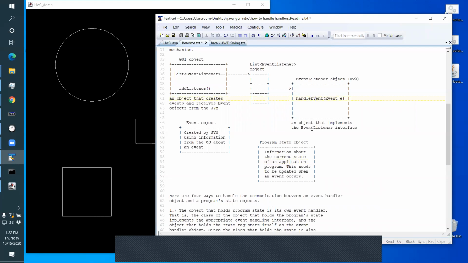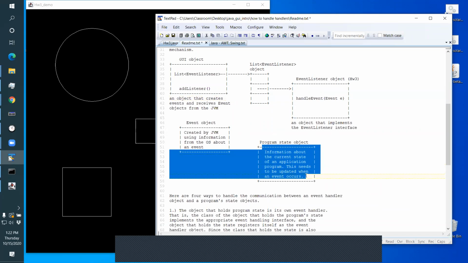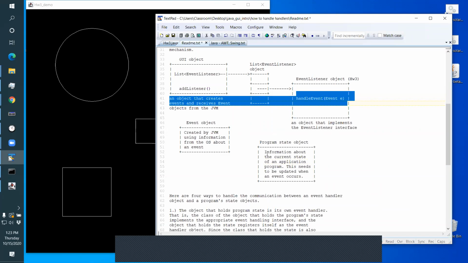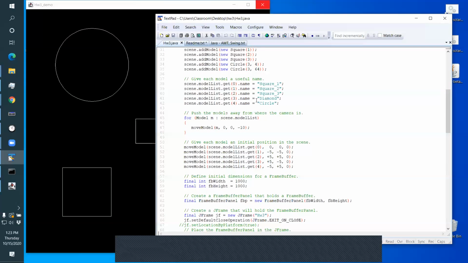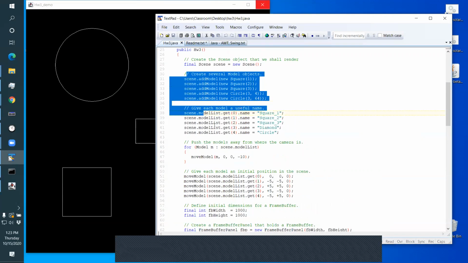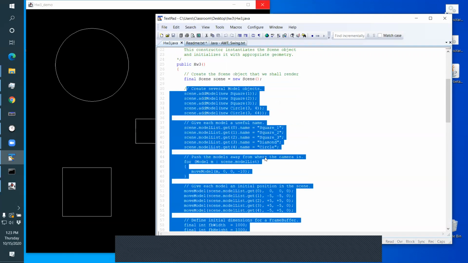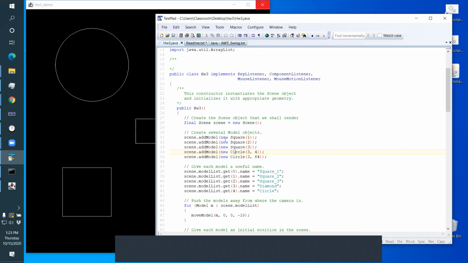But that's where all the different styles of event handlers come in. That's part of it, is there's multiple ways, good and bad ways, to have this code talk to that data, okay? So this is code and this is data, okay? So this code has to talk to that data. And like I say, one of the easiest things to do is just dump all that data into that object right there. And that's kind of what we're going to do, okay? In this one here, the state information is more or less all these models, okay? Now notice these models are